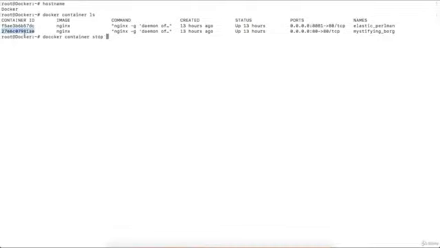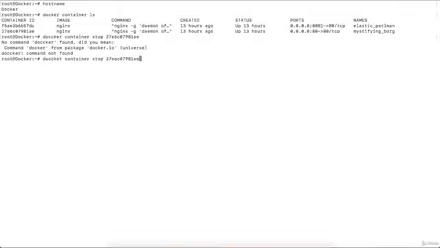So suppose I want to stop this container, so I will simply provide this container ID and press enter. Oh, there was a typo in the docker command, so I will correct it. The command is docker container stop, then the container ID, press enter,